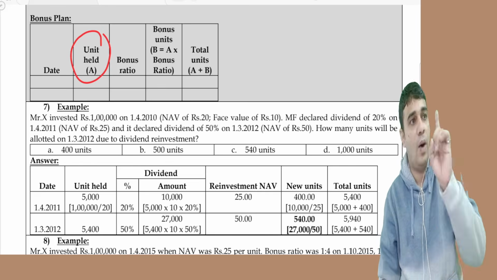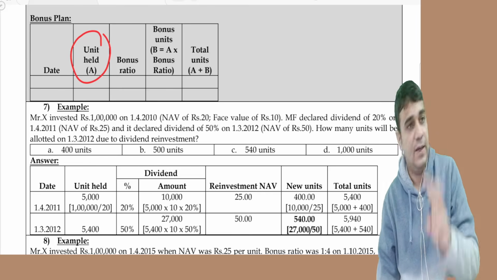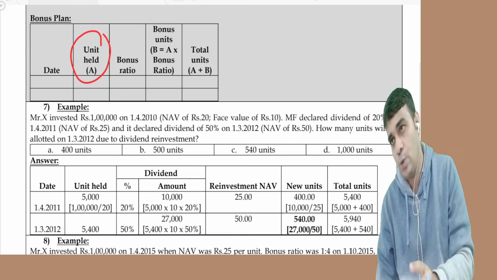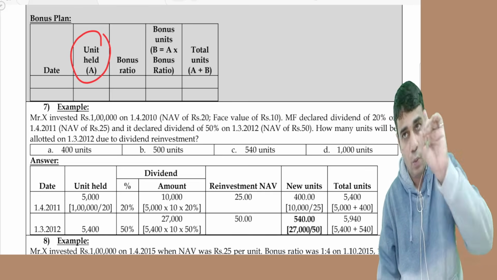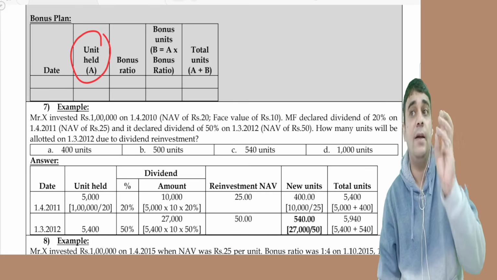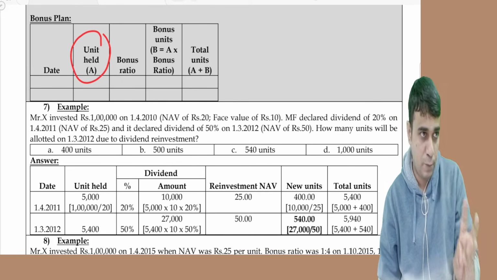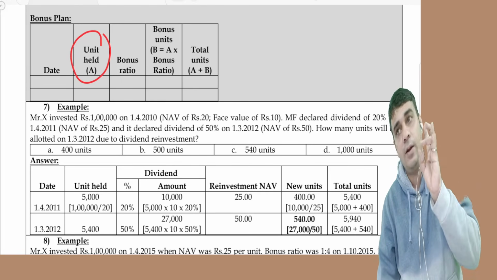If they do it one time, repeat it once. If they do it two times, repeat it twice. If they do it three times, do it three times. Any doubts on this? One important part: there will be a different NAV for the growth plan, a different NAV for the dividend